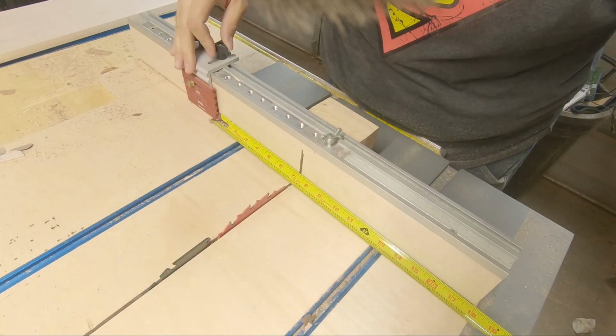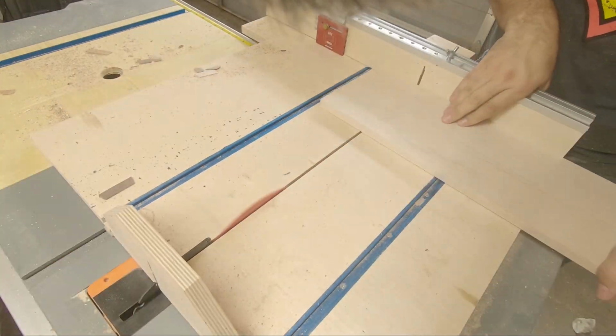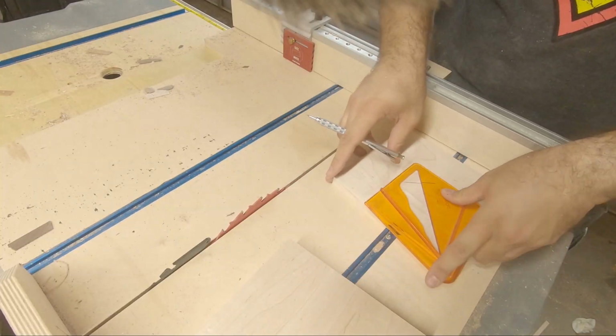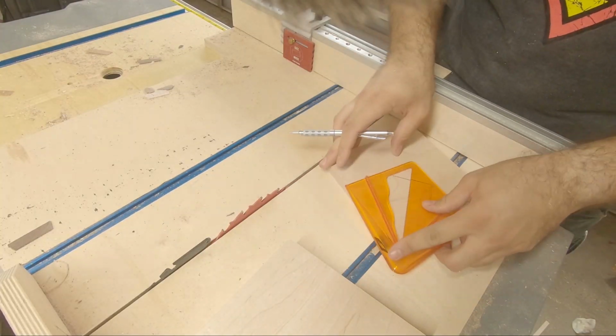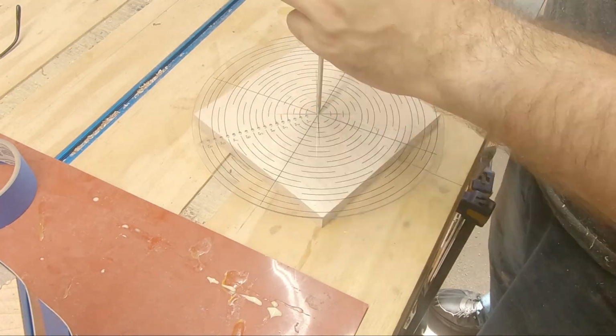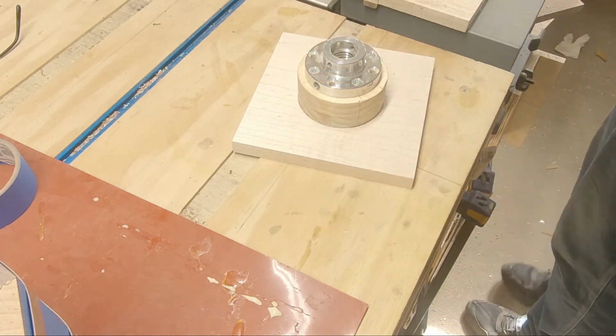For the base, I plane down a solid maple board, then cut it to match the diameter of the canister. I use a center finder on both sides to mark the center point, then stabbed into that point with an awl. Next, I take a circle compass to mark one side with a 3.5 inch circle to mount to the